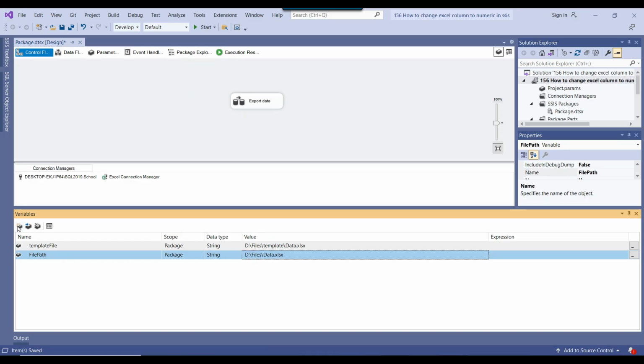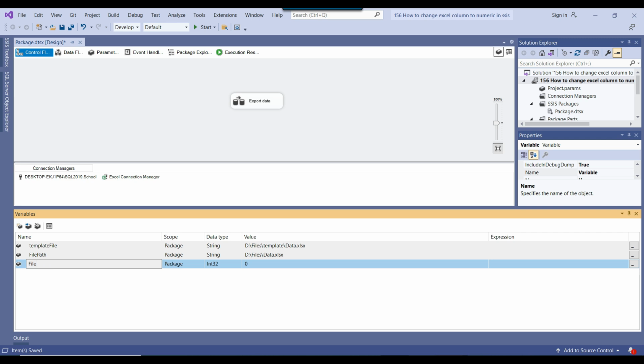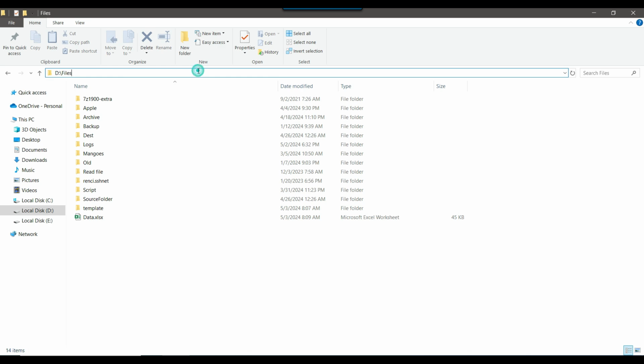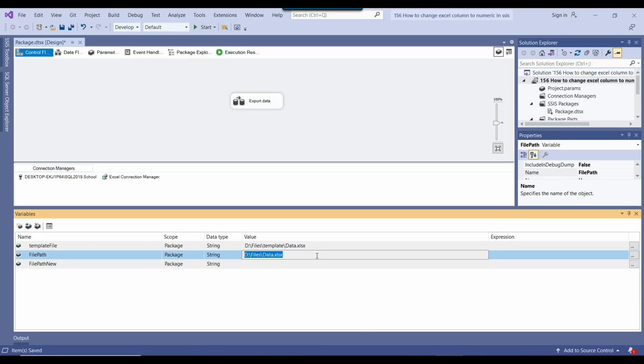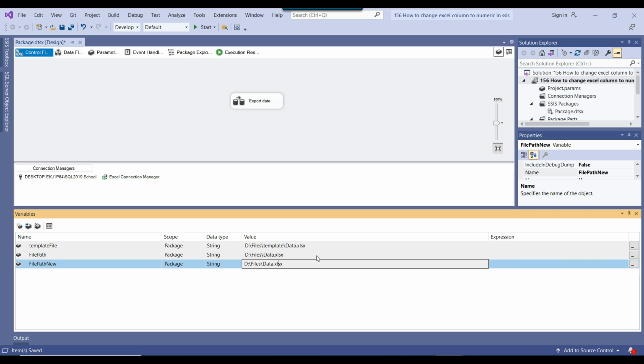Now I need one more variable and I will call it file path new. This will be the file that will be created by the C# code, which will generate a new file. So we will create a file with a name maybe like data2.xlsx, so I can change the value here to data2.xlsx. These are the only three variables that we will be using in this SSIS package.